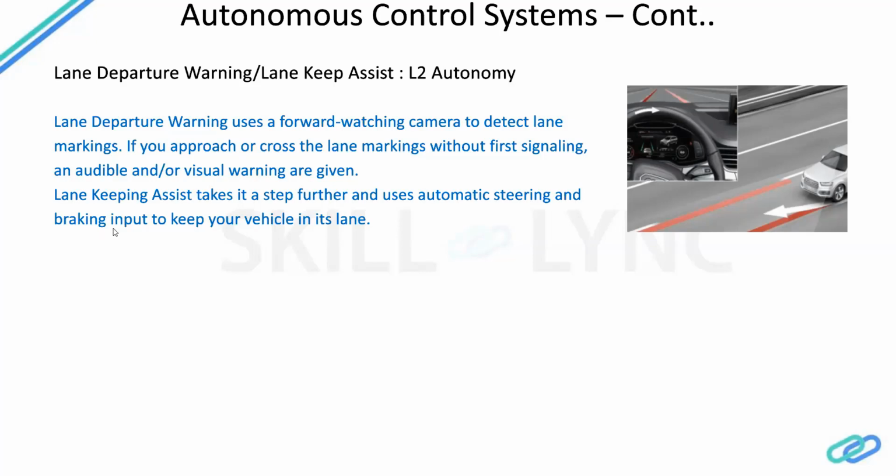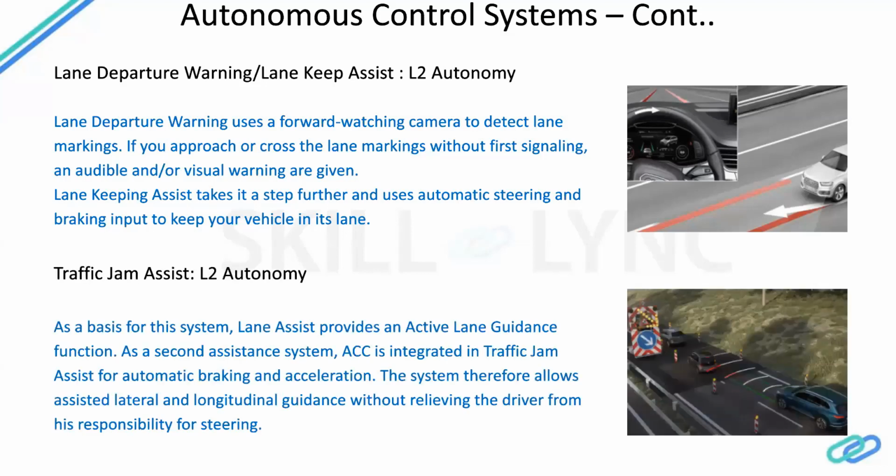Since it only does braking to control the lateral acceleration, and also the steering to bring you back to the designated lanes, that's why we are calling it an L2 autonomous system, where lateral movement and also longitudinal movement in terms of only braking can be taken care of. That is why I called it a basic L2 autonomous system. Next one is traffic jam assist.